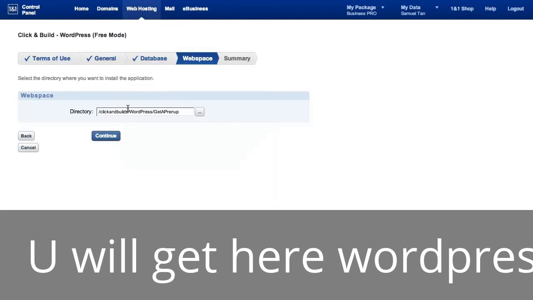This will be the web space. Now, obviously, it has decided that it will put it in the click and build directory, WordPress, get a prenup. But hey, I would rather it be on the root, and I'm going to try this now, which is get a prenup staging site. And this is my site. Obviously, you're going to go with the name of your domain, so just to make it clear. And I would go with that. Continue,